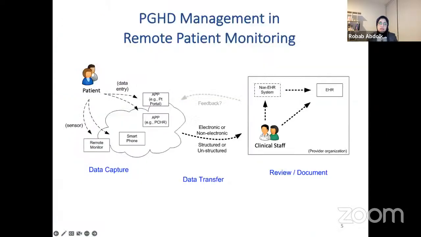So this picture simply shows how remote monitoring scenarios work in Steve's case and other cases that use wearables for monitoring different diseases. Data might be collected manually or automatically and stored in an app or portal that's mainly administered by the vendor of that wearable. Then, based on the predefined protocols for the remote monitoring intervention, the person brings the report to the clinic, or they must share it remotely between visits via emails or phone calls.